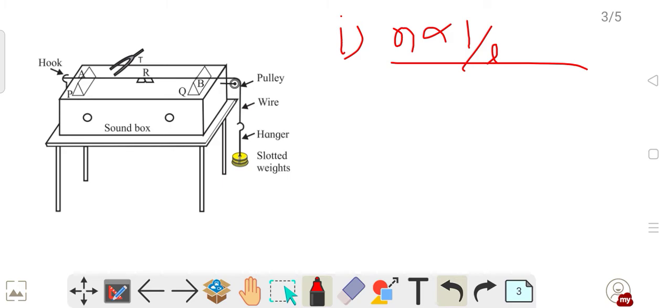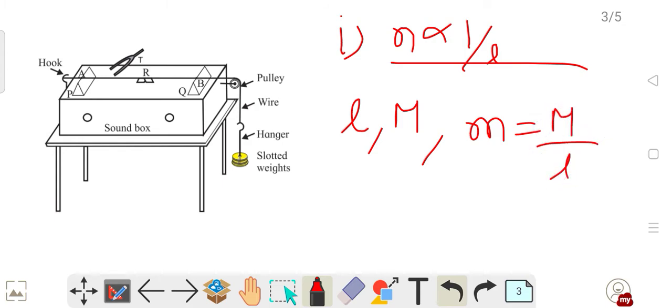By measuring the length of the wire and its mass, the mass per unit length of the wire is determined. If I measure the length and the mass of the wire, I can find m equals M upon L. So I have found this. Now this wire is stretched on the sonometer and the hanger is suspended from its free end. A suitable tension is applied on the wire by placing slotted weights, and this tension can also be measured. Suppose the length of wire which I am taking in the first case is L1, and this will be vibrating with frequency N1, the same as that of the tuning fork, which is determined as follows.